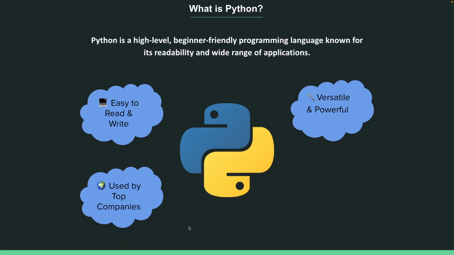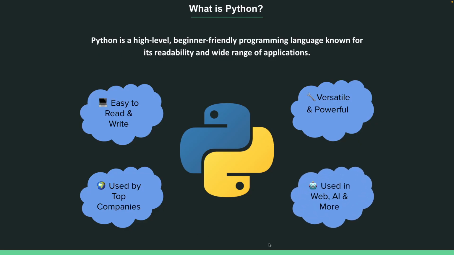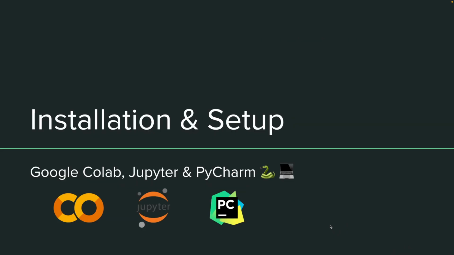It's used by top tech companies like Meta, Amazon, Apple, Netflix, Google, and so on for everything from automation and backend systems to AI research and tools. And today, Python is also a major player in generative AI, the technology behind tools like ChatGPT, image generation, smart assistants, etc. You can also use it as a web framework, backend, and API framework. So if you are excited about AI, apps, automation, or just want to learn how to code, Python is the best place to start. The next part of this video is about installation and setup.